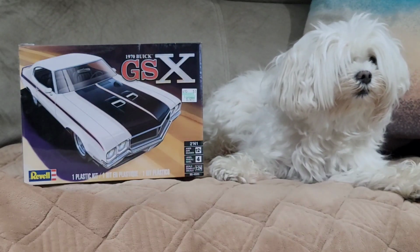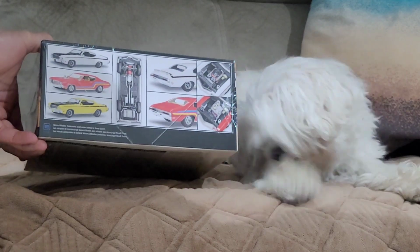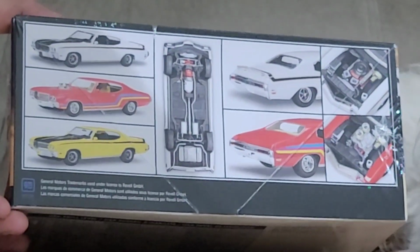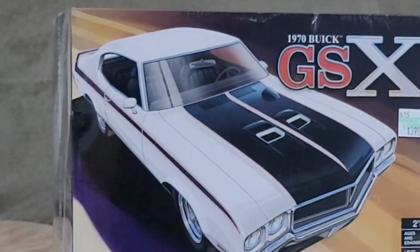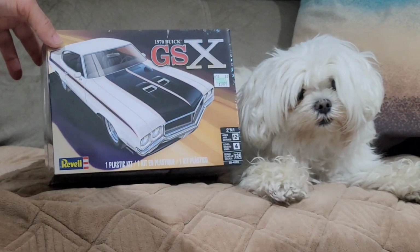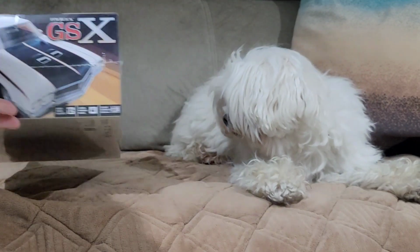This is another kit from Revell with awesome detailing. These Revell muscle car kits are really amazing. I mean, they've basically got all the detailing in. Looks like that's going to also be a fun build. I've seen a couple of videos of this car being built, and it just seems to me like it's going to be something that's really going to be